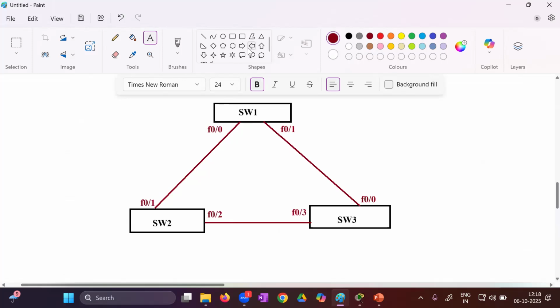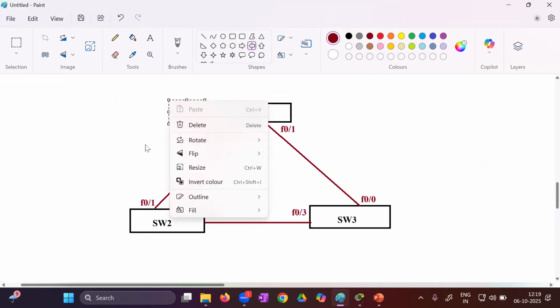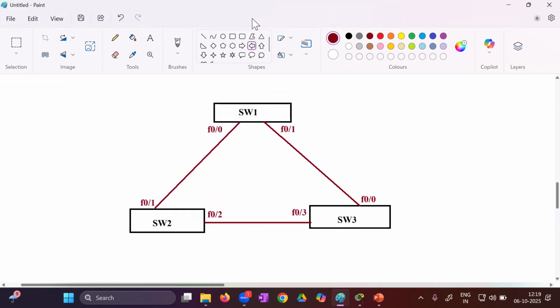So if some information is coming from switch 1 to switch 2, then what happens? Even switch 2 will send this information first to the switch 3 in a form of broadcasting. And don't you think that even this switch 3 will send this information further to the switch 1 again